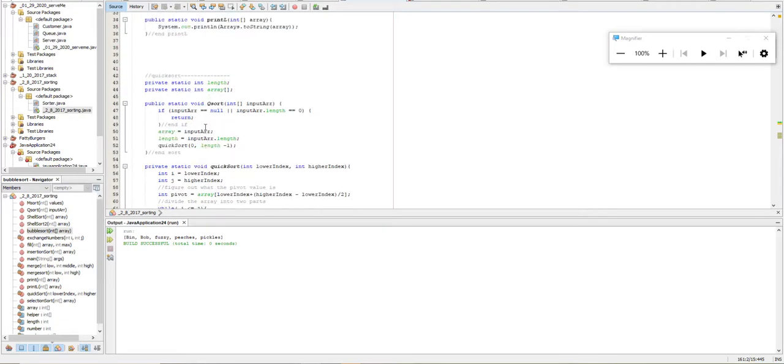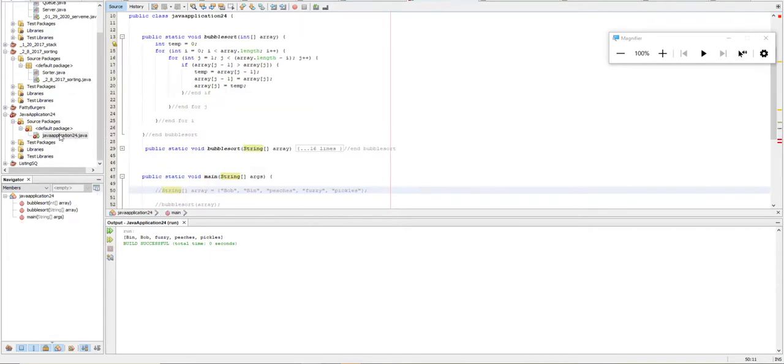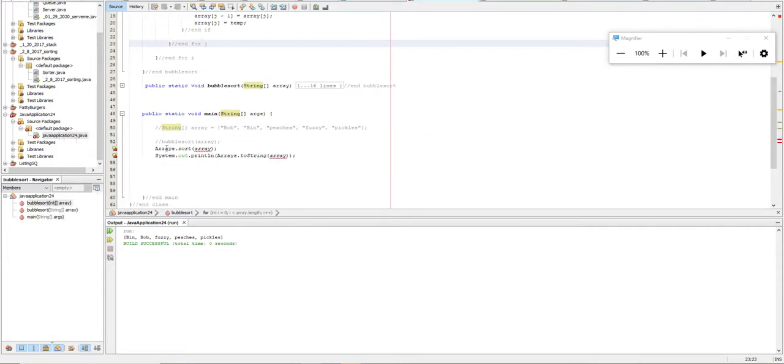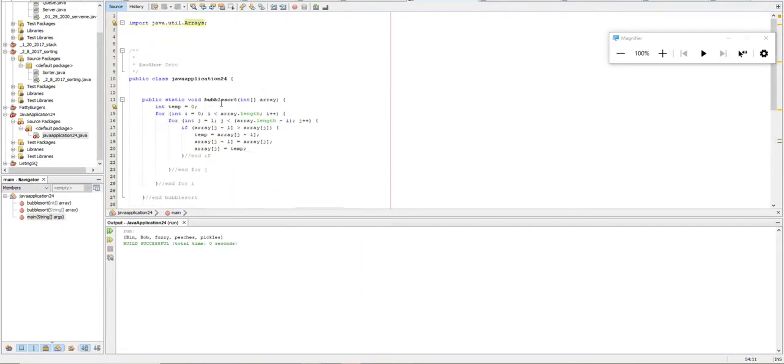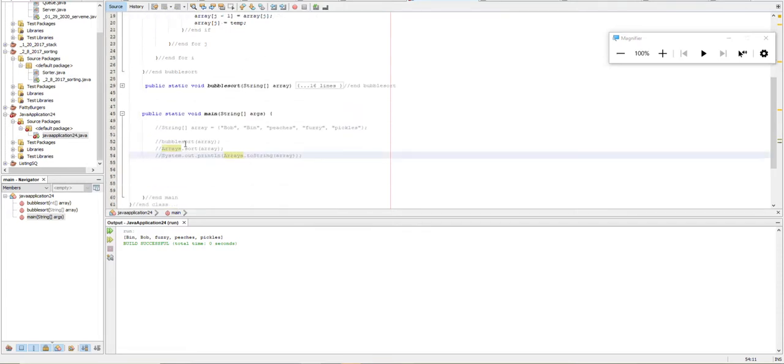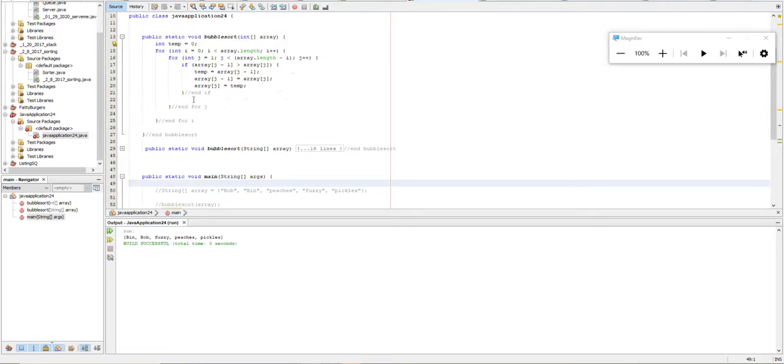Actually, no, I don't need that. Never mind. I'm getting ahead of myself. So let's just comment out everything, just make a new project, and all you'll need is your simple bubble sort for right now. So what I'm going to do is make an array of objects, and each object's going to have one simple variable on it, and we're just going to talk about how to sort that one object, or